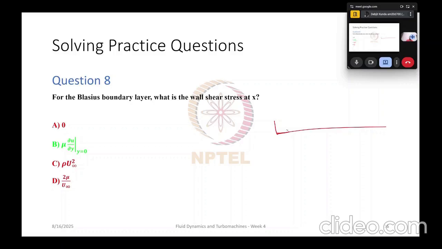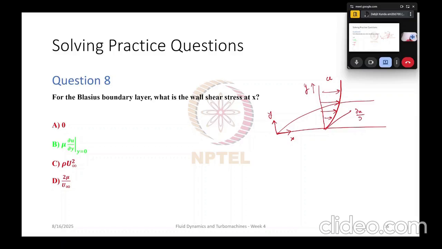So if this is my coordinate system x and y, and flow comes in and there's a boundary layer set up, and there's this velocity profile like this being u as a function of y,